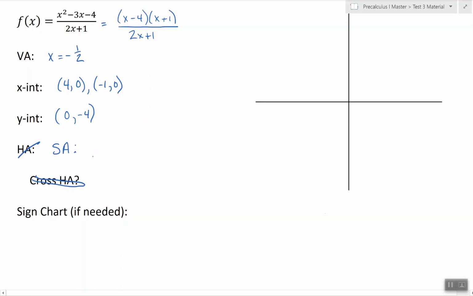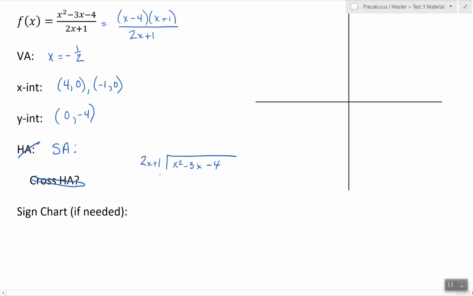Some texts call them an oblique asymptote. And so this would be a line that's diagonal. And to figure out its equation, we actually take the numerator and divide it by the denominator using polynomial division. Now, if you have a divisor that is a plain x plus or minus some number, then you can use synthetic division, but this has a 2 in front, so we have to use just regular old polynomial long division, and do that right now,